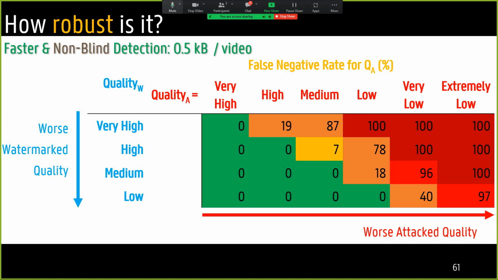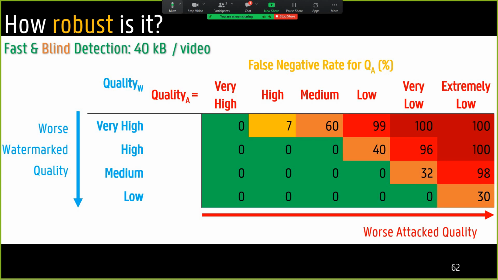So now, before we did this in a non-blind way, what about blind detection? So where we do not have access to the original video and where we do not subtract it first before we do the hashing. In this case, we use the 40 kilobyte hash, which is a bit larger, but still we see that as long as we don't significantly decrease the quality of the video during the attack,